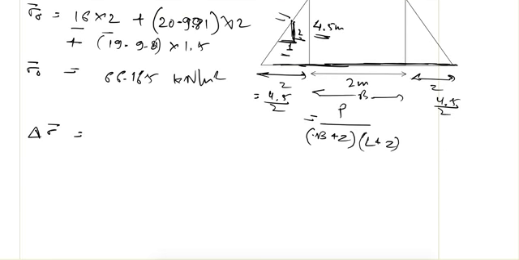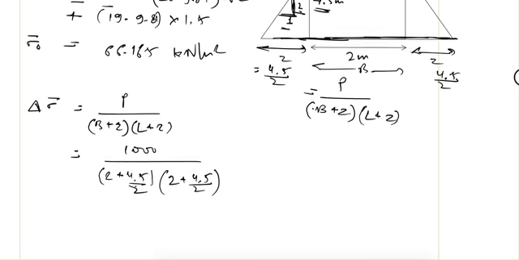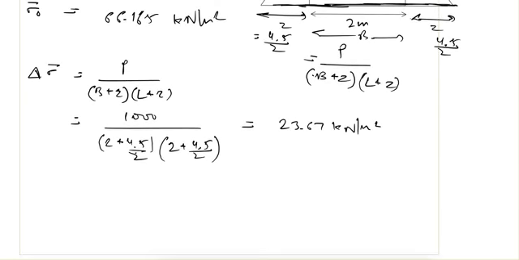So we can find this increase by this formula, P upon B plus Z times L plus Z, which is equal to 1000 divided by 2 plus 4.5 by 2, and that is 2 plus 4.5 by 2 again. So from here delta sigma is equal to 23.67 kilonewton per meter square. So now we know sigma naught and delta sigma,